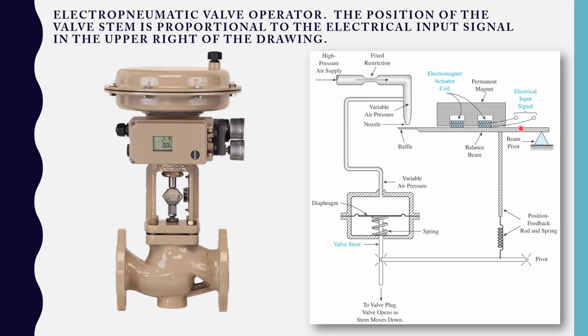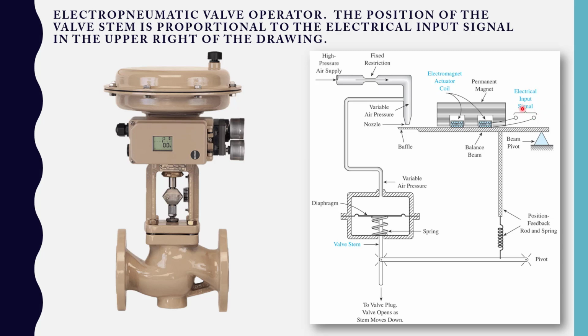We control that with these electromagnets. Here's a permanent magnet. Here are electromagnets, and as we change the current going into the electromagnet, we're going to change the interference of these electromagnets with the permanent magnet. So we can be attracted to this permanent magnet or we can be repelled, and how much depends on the strength of the current. So as there are changes in this current, which is our signal, this is our correction signal